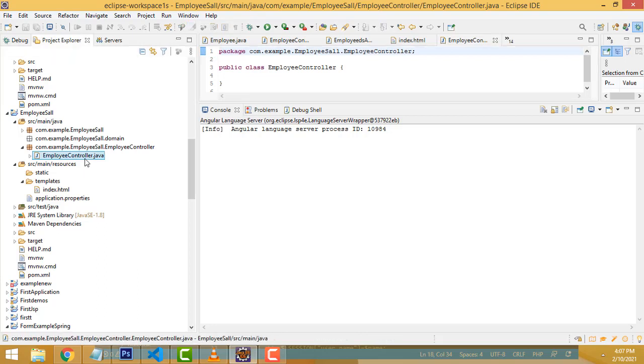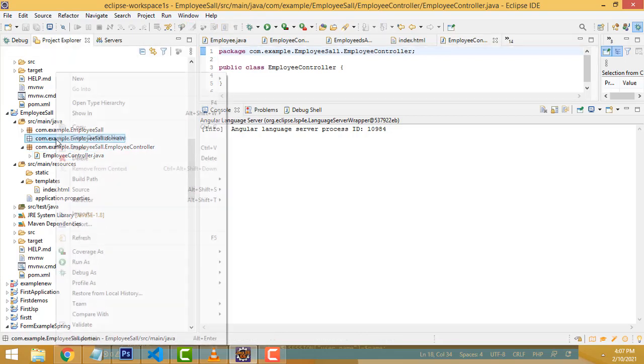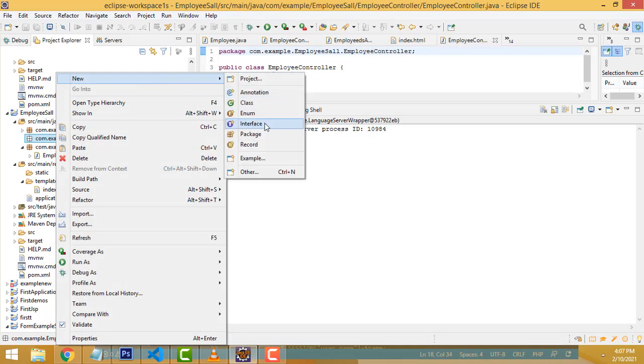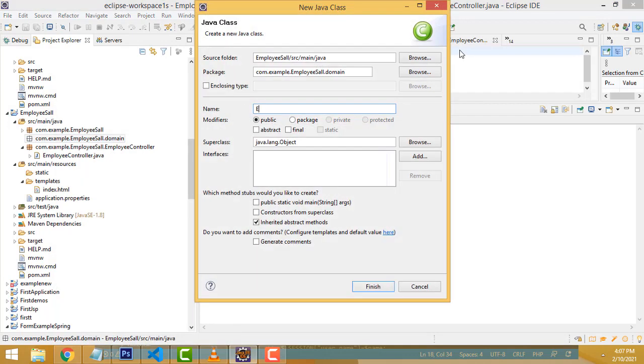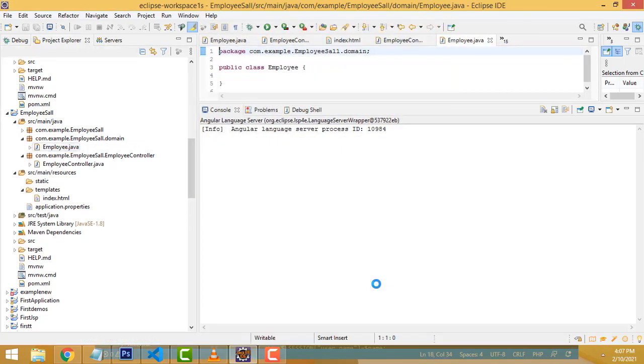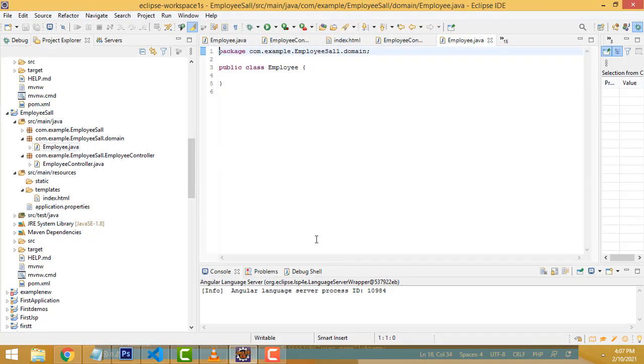After that we have to select the domain package and write Employee. Now first let's look at the employee domain, Employee.java. Here we have to create the variables, right? So you have to write private, we create the variables as private.